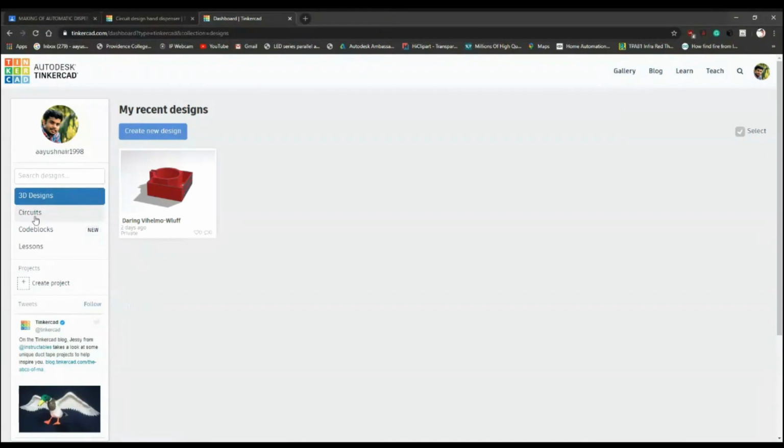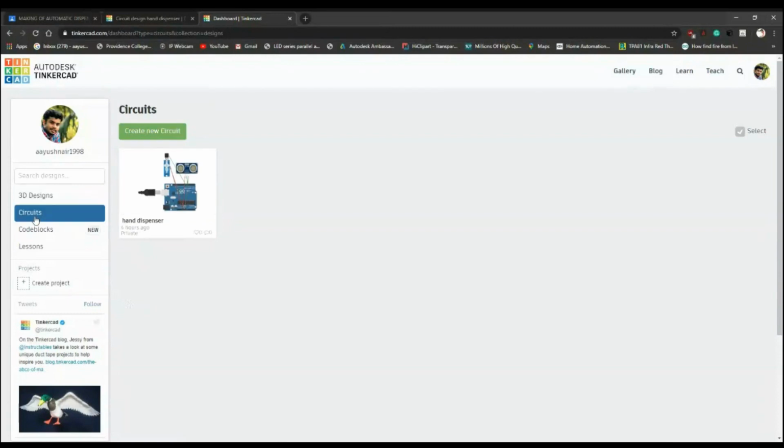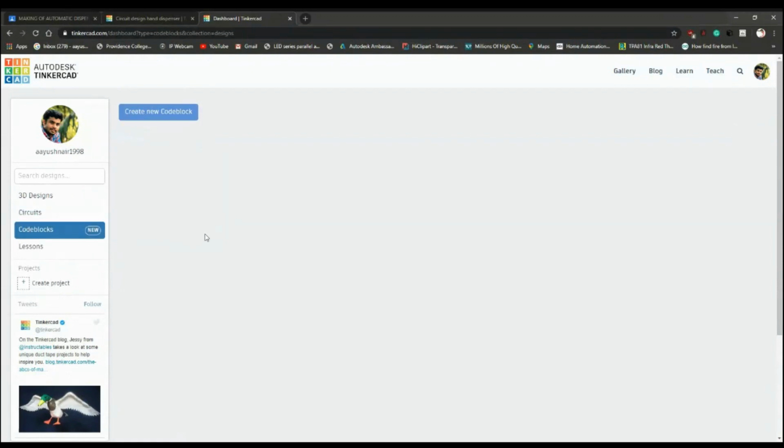The other thing is the circuits. The Autodesk Tinkercad also provides us the circuits where we can simulate the circuit. Already I have done the hand dispenser that we are going to make today. The other one is the code blocks. By using these code blocks, we can generate images, which is a new feature that has been introduced into the Autodesk Tinkercad.